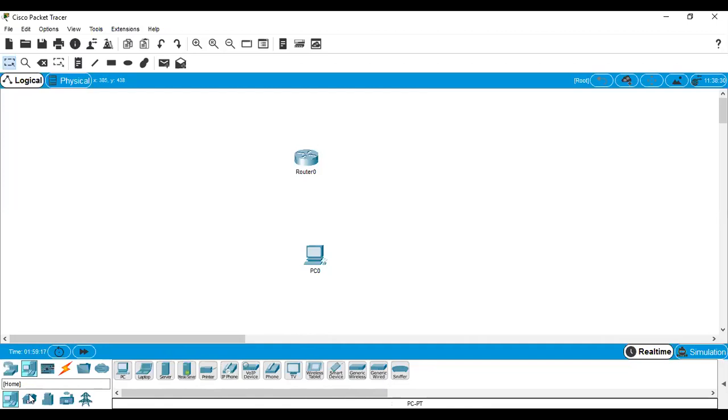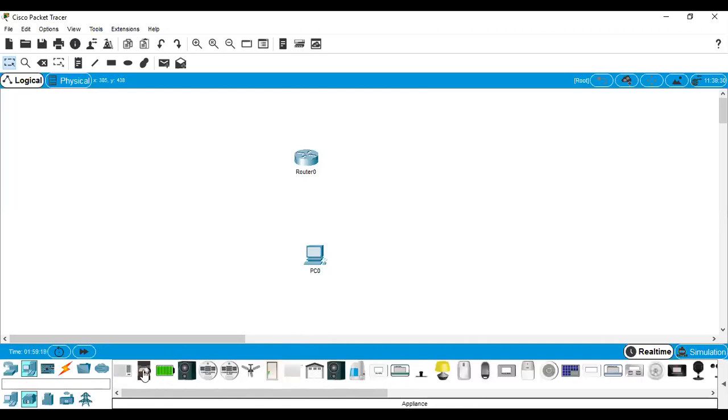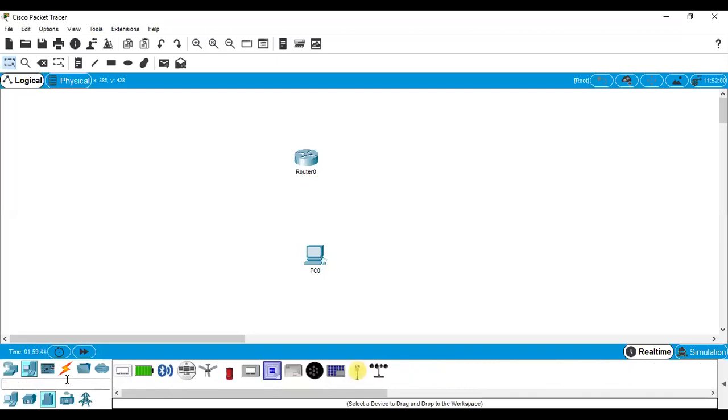Here, if you click on home, a lot of IoT based devices are there. For example, AC. If you want to construct it, you can control the AC via IoT applications. All things are there. For example, this is a carbon dioxide detector. This is a carbon monoxide detector. This is a ceiling fan. This is a door. This type of devices are available here.